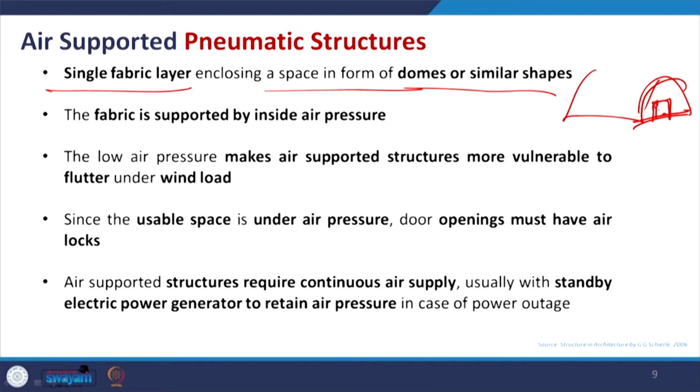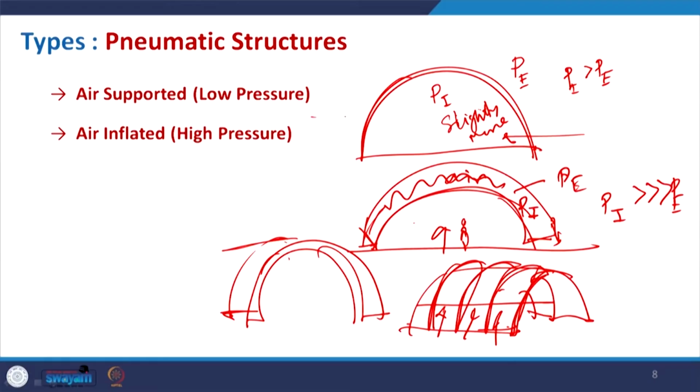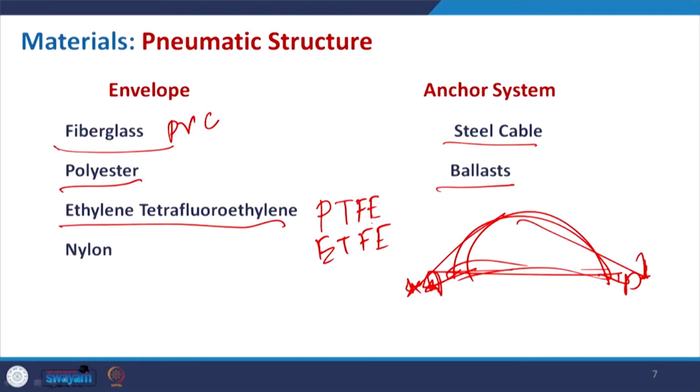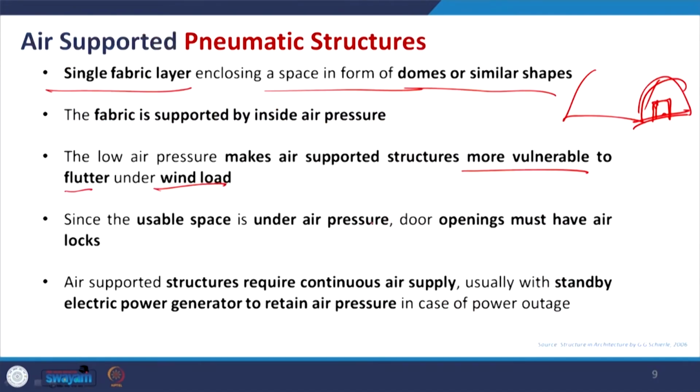Obviously, the low air pressure makes the air supported structure more vulnerable to flutter or wind load, because the interior air pressure is only slightly more than the outer. So, if there is a heavy wind blow, this will not really help. It cannot hold the volume, so it will take a different shape like this, which is vulnerable. Compared to that, because it is high pressure, it can hold in a better way. Since the usable space is under air pressure, door openings must have airtight